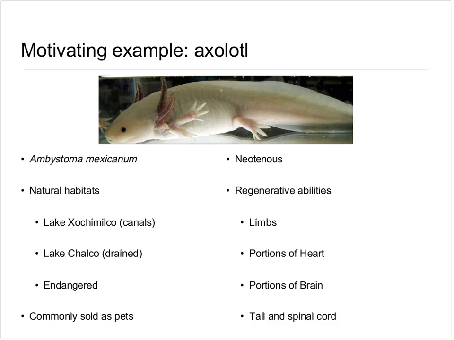It has a number of interesting features, one of them being that it's a neotenous amphibian that retains its juvenile form throughout most of its life, so it stays in the water pretty much all the time. But the interesting part for us and for our collaborators in James Thompson's lab here at UW-Madison is the salamander's amazing regenerative abilities. This salamander has the ability to regenerate parts of its limbs, heart, brain, and even its tail and spinal cord if those become injured or amputated.